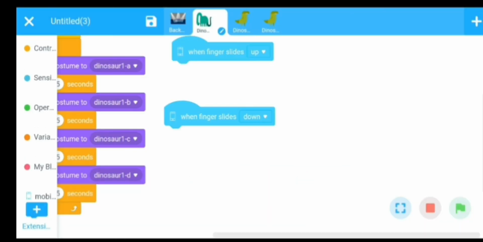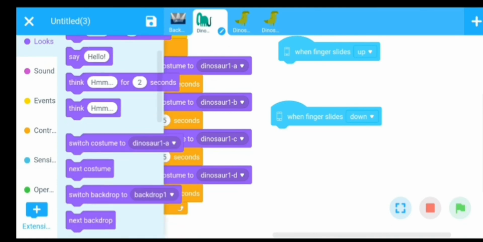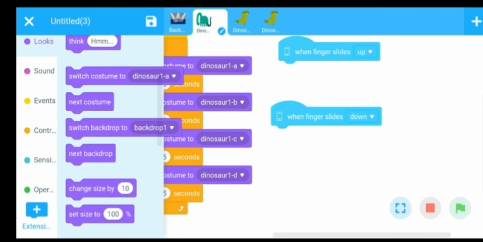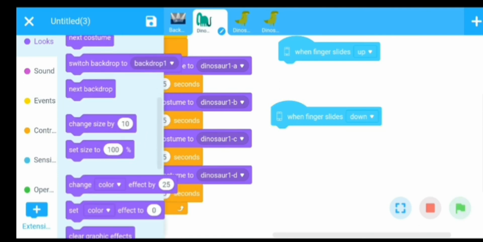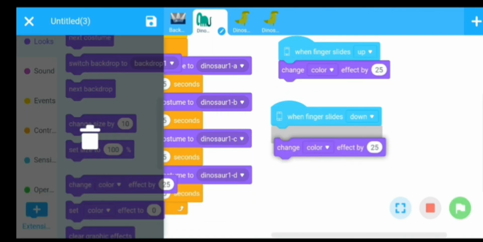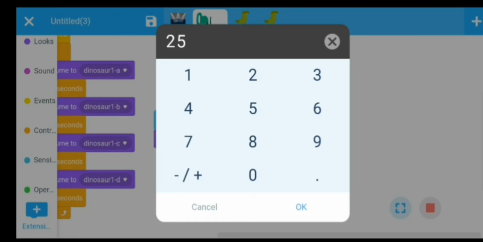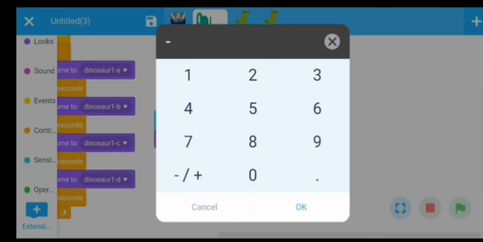Okay, then go to the Looks section and choose the change color effect by 25. First is 50 and this is minus 50.